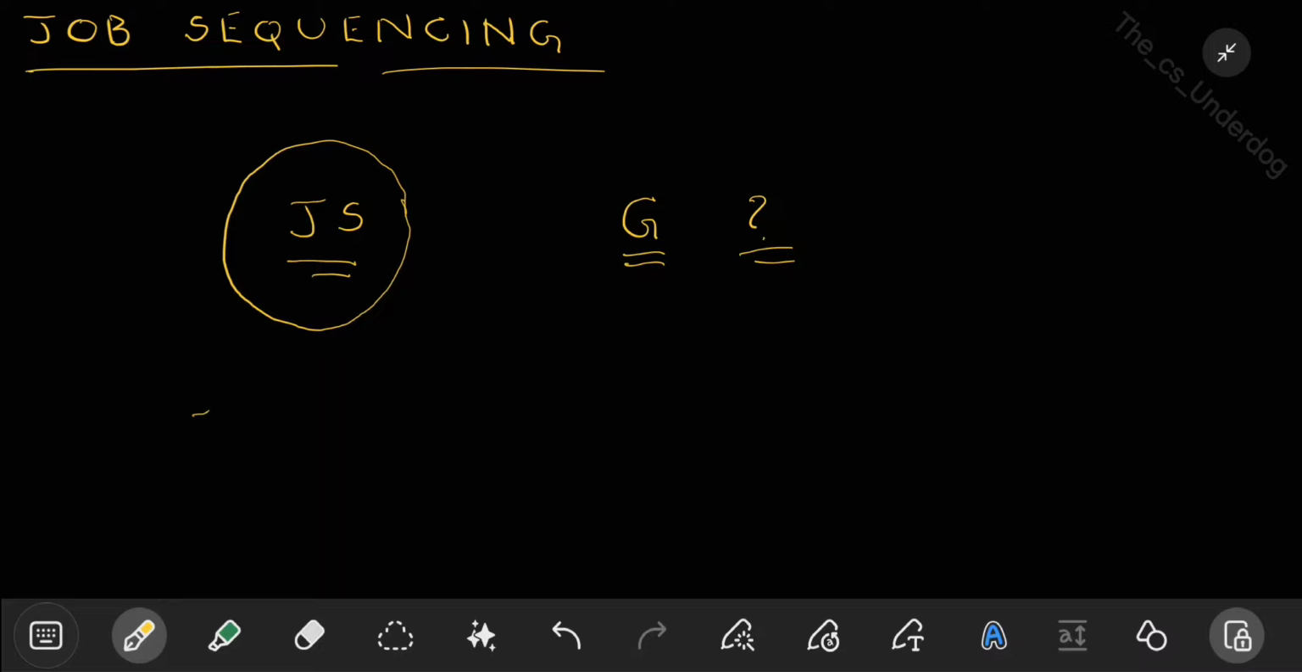You'll have n jobs, and related to each job, you will have a profit and a deadline. And the rule is, if you manage to complete this job within the deadline, you will get a profit P. And if you don't manage to complete it within the deadline, you will have no benefits at all. So you have to complete it within this deadline if you want to get the profit P that is associated